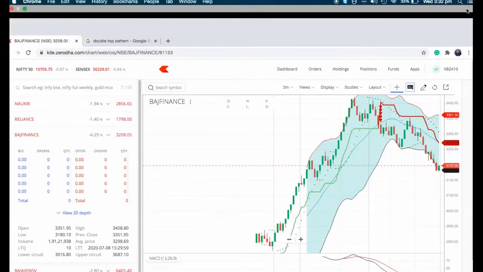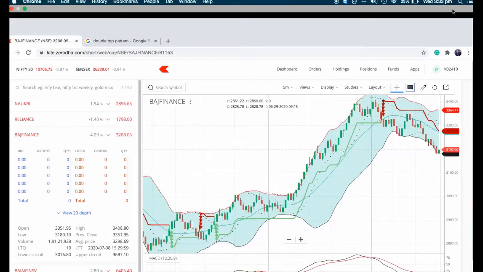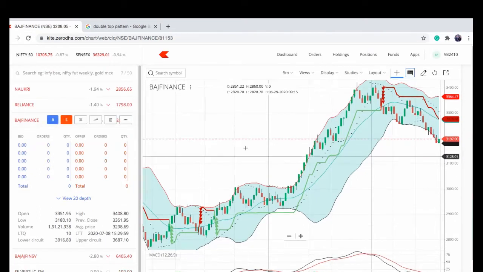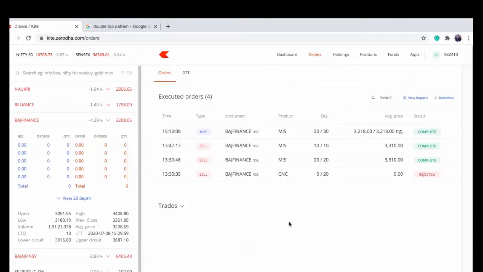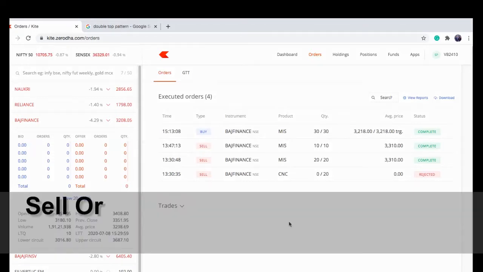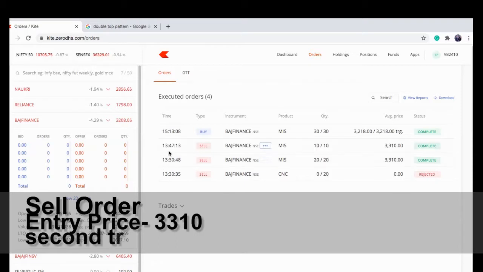We are recording this at around 3:33 where the market has closed now. So let's look into the order book. So this is the order which we initiated the trade. So this was at around 1:30